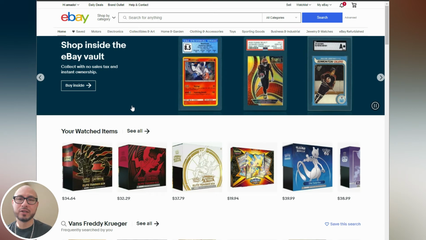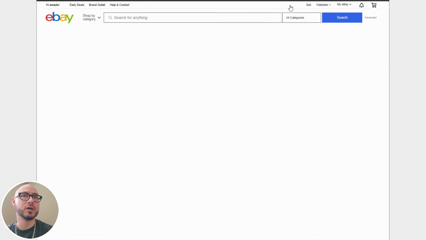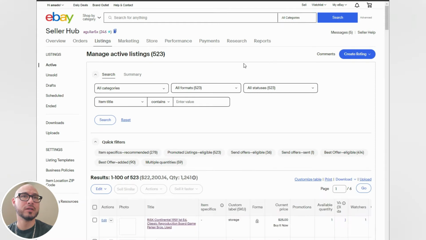Today, I'm gonna go ahead and show you how to make drafts on the listing page. So we're gonna go from the home page, over to the sell tab, so we could go to Sellers Hub. And then right here on the Sellers Hub, where it says create listing on the top right,